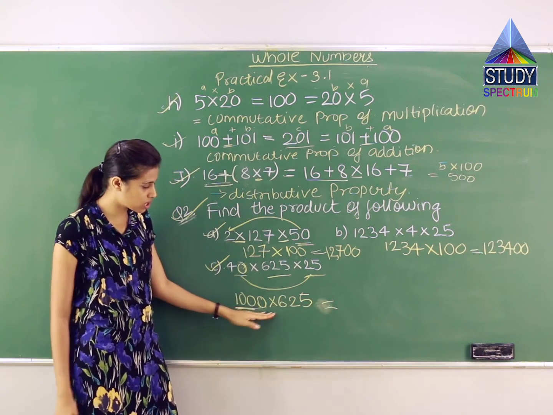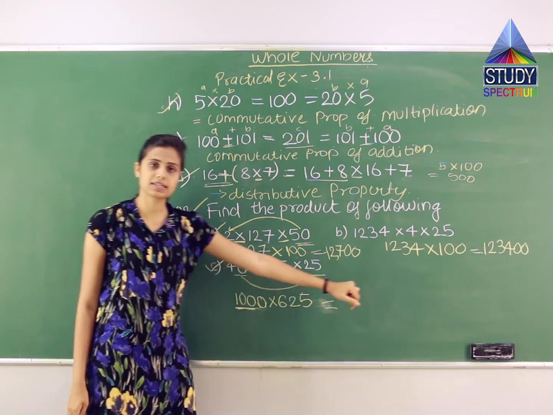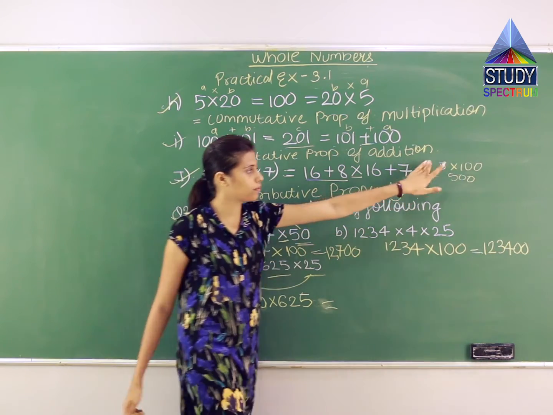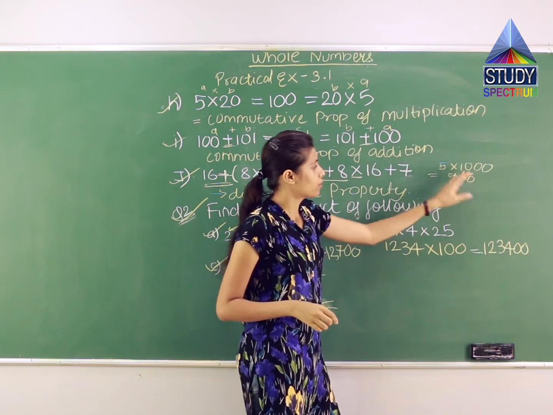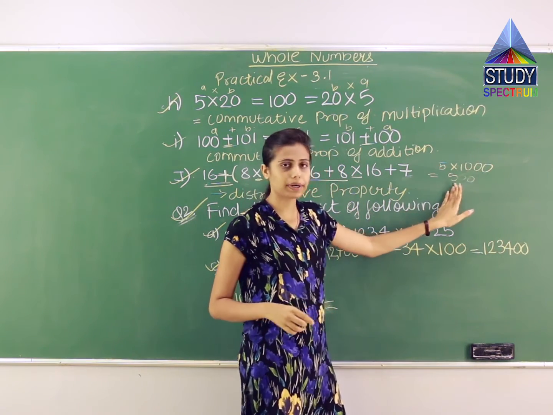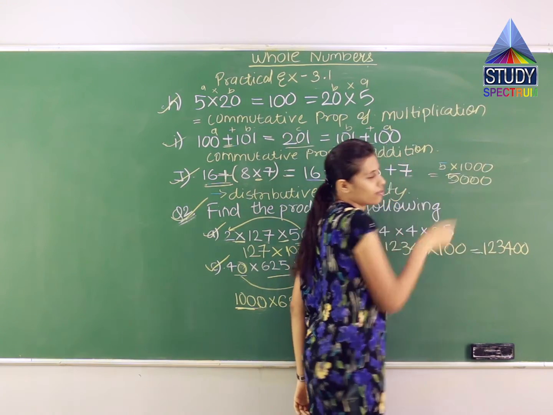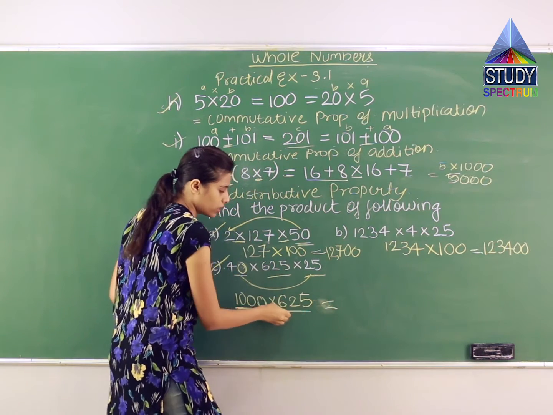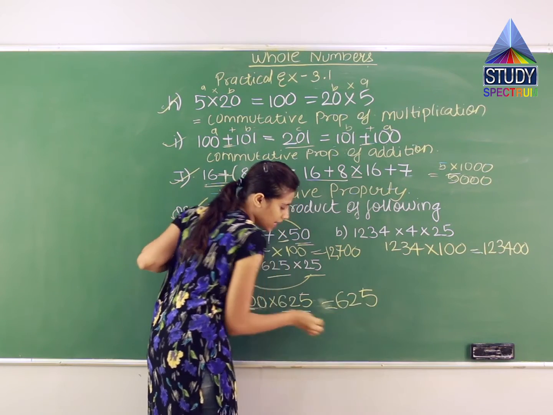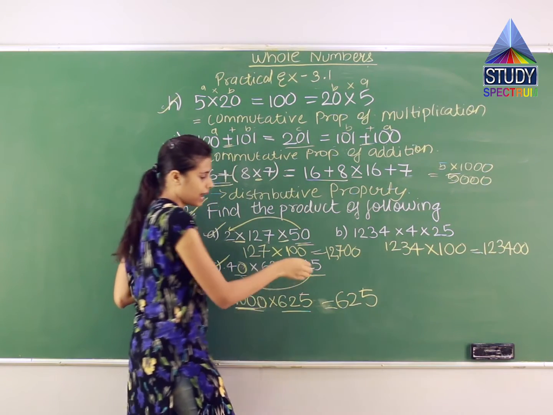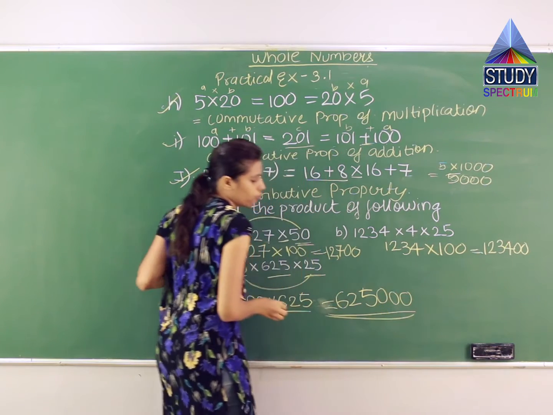So it is 1000 multiplied by 625. I will write 625 as it is, like I was doing earlier. I wrote 5 as it is, and then wrote the 0, 0. If here it was 1000, what would I do? I would have copied 5 as it is and put these 3 zeros. So it will be what? 5, 1, 2 and 3, 5000. So the same I will do over here. 625 I'll copy as it is. So it will be 6, 2, 5, and then the 3 zeros behind the 1000 I'll add over here. So it will be 1, 2 and 3. So it will be 6, 2, 5,000.